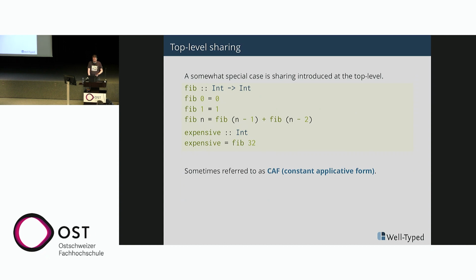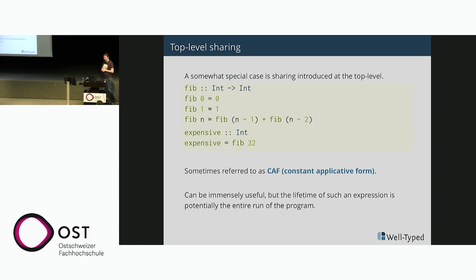Right. Okay, so we talked about sharing. One thing which is a bit interesting, but quite useful in practice, also for some analysis stuff, is that if you have sharing at the top level, basically the top level of your module is like a let. Normally if you have a let, you're expecting the bindings to be shared among the things in the body, but if you have something at the top level, then it's being shared basically across the program. It's shared everywhere. And that can be immensely useful, not in a situation like this, where I do it just for fun, writing an artificially expensive computation, but this is something where you can easily observe this